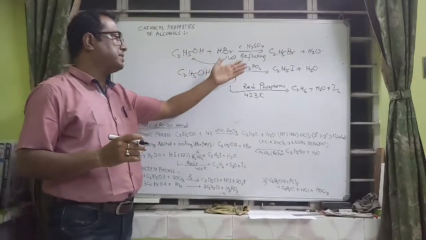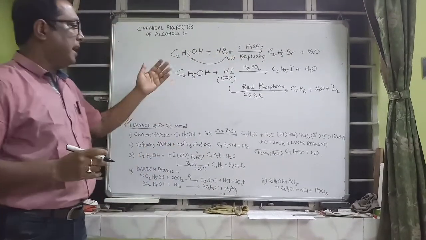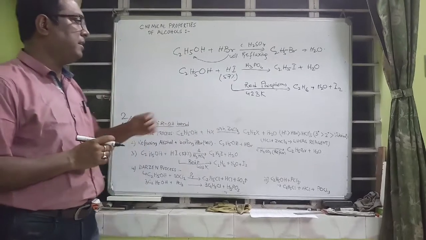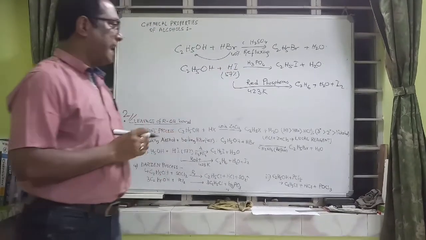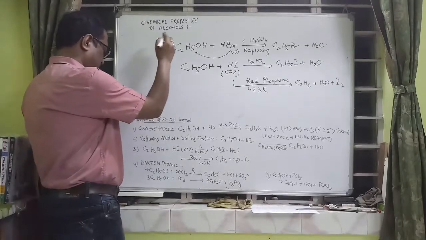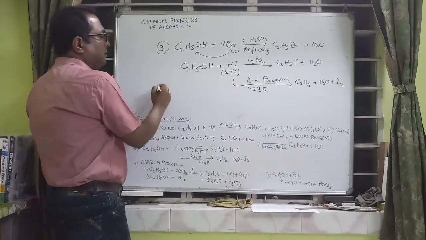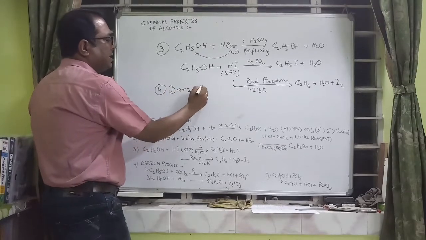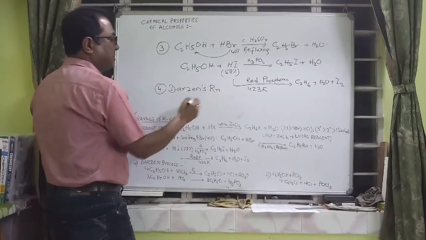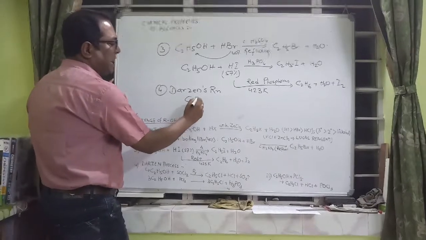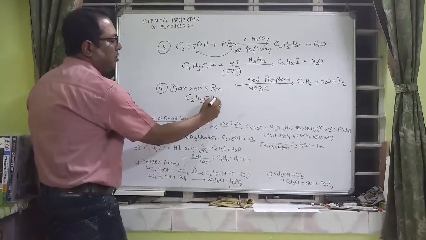When we give phosphoric acid, it gives an alkyl halide, and when you use red phosphorus at a temperature around 423 Kelvin, it is going to give you directly the alkane. This is the third reaction. The fourth reaction is called Darzen's reaction, D-A-R-Z-E-N, Darzen's reaction. It is also very interesting that when you take that alcohol, say I have taken ethyl alcohol in